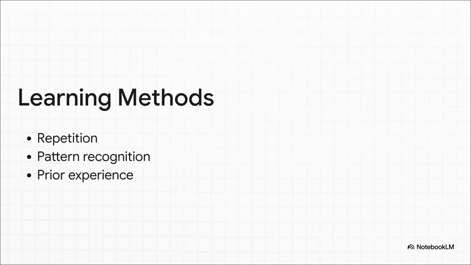When you really look at how people answer that smartphone question, you start to see some distinct patterns. For some of you, it was all about repeated trial and error. Just tapping things until they finally worked. Pure repetition. Others probably just looked at the screen, recognized a familiar layout, and relied on pattern recognition. And then a lot of you probably just applied what you already knew from an older phone, prior experience. So how you answer this actually reveals some deeply fundamental learning processes at play.